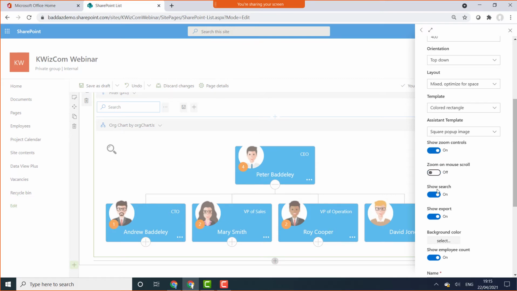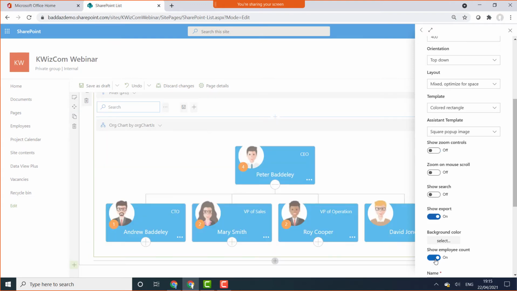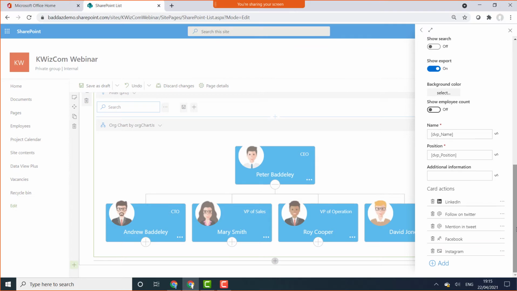And I can also define various zoom and search controls, turning them on. Maybe I'll keep my export options. Do I want the employee count? I don't think so, so I'm going to turn that option off in this case. So just more things. I can also define